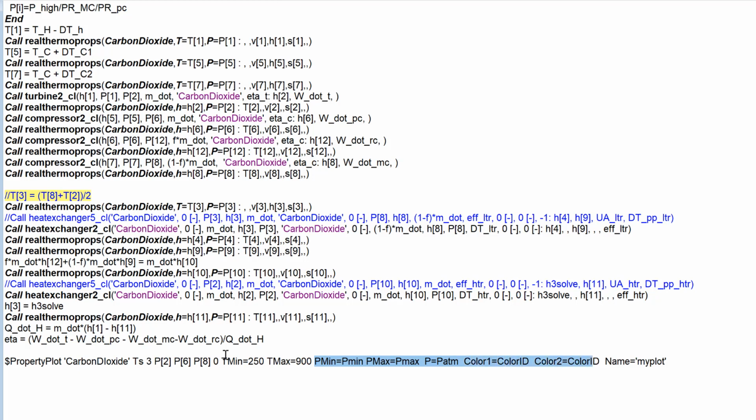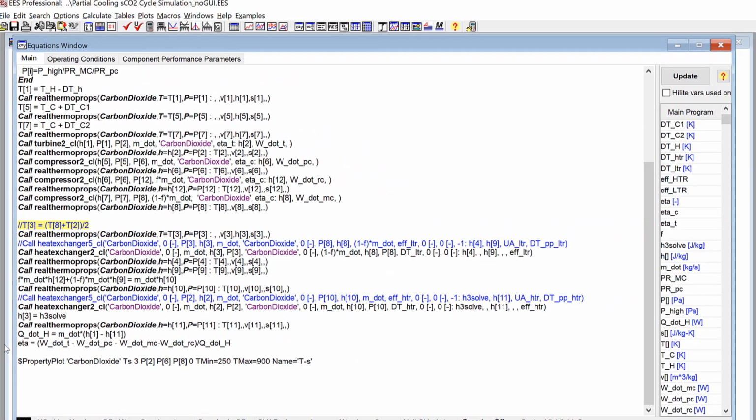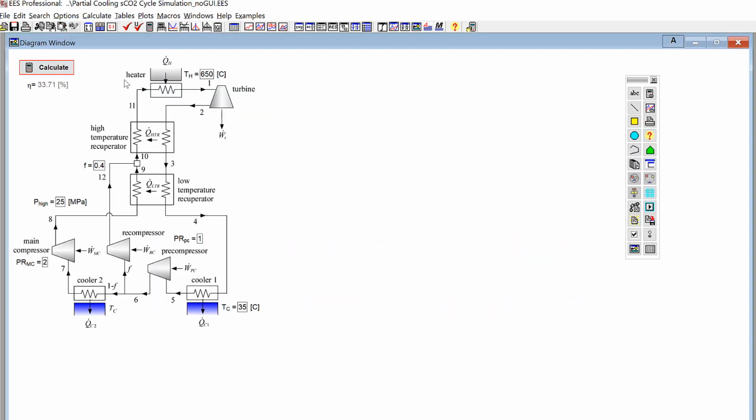And then the only other thing I'm going to do is name the plot. I think I'll name it TS. And before I go ahead and overlay my state points on here, I think I'm going to make sure that this actually works. I put it in development mode, calculate,